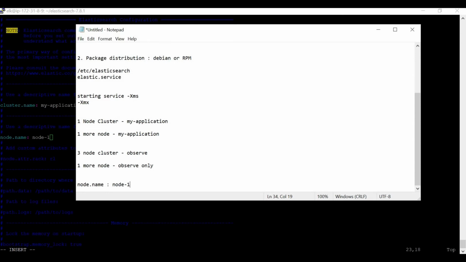Suppose I want to distribute a hot, warm, and cold architecture. Based upon this, you won't be able to first of all determine which node name is being referred to as hot node, and which node name is referred to as cold node. I'll tell you this concept of hot warm node in today's session only. But node name should be unique. It should not be the same at all. You will face many challenges upcoming with it.